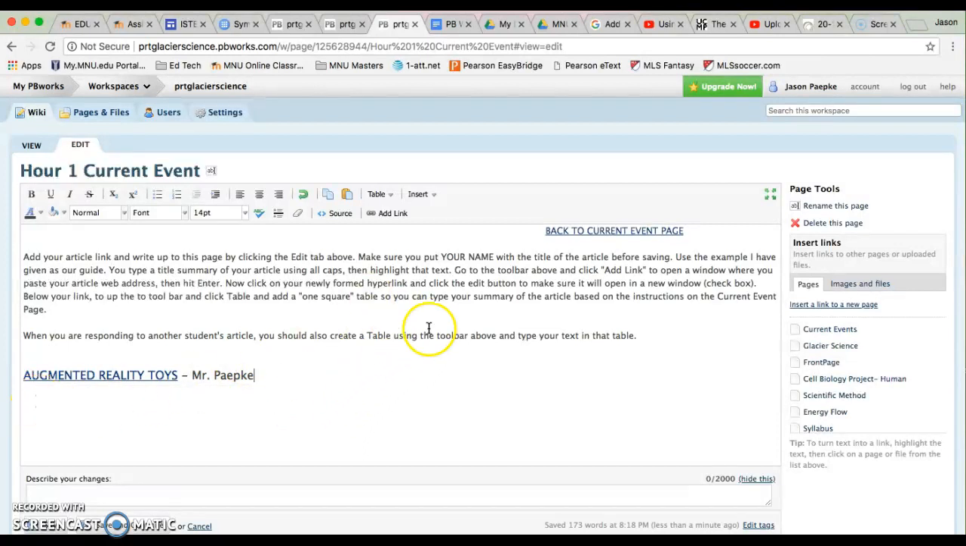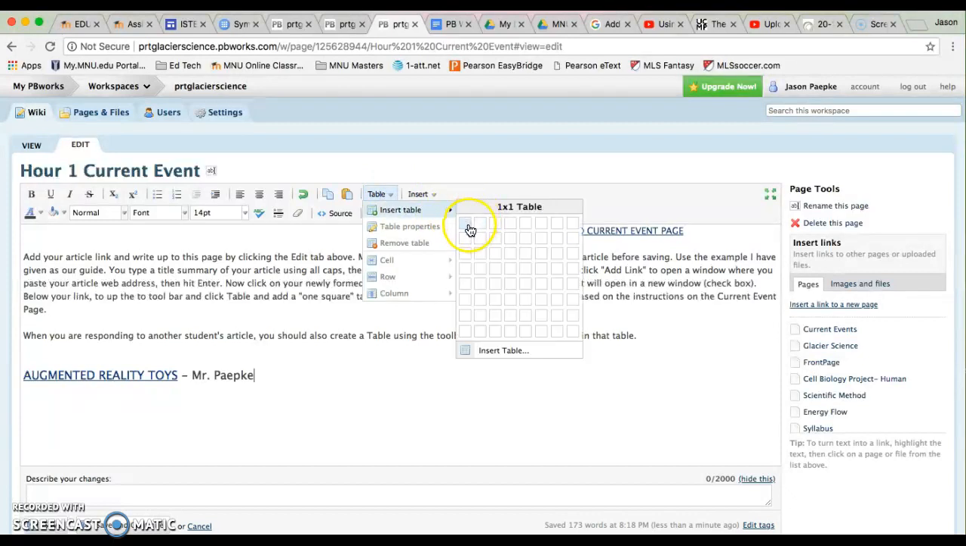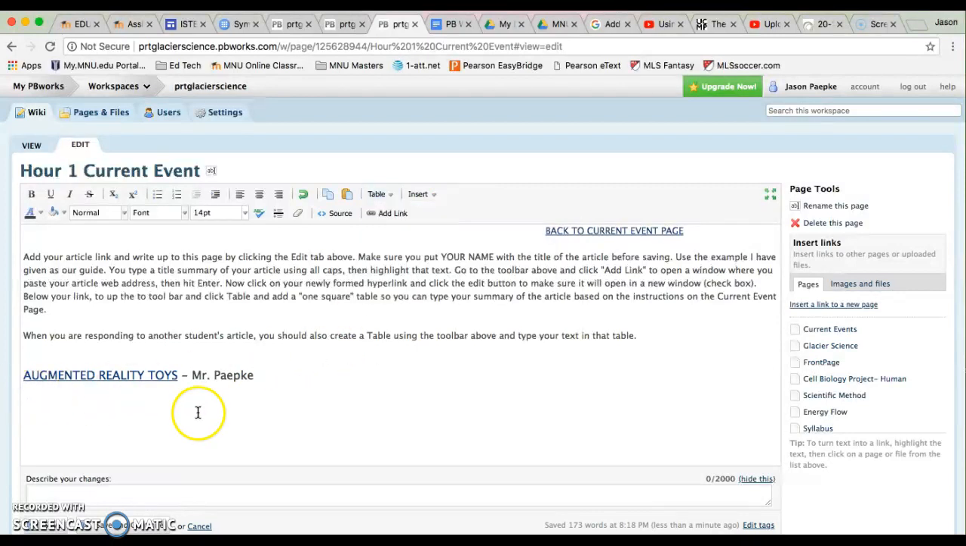When you add your summary, you're going to be using the table box right here. I'm going to click this to insert a table, and I'm going to choose a 1-by-1 table. Now, let me make sure I'm in the right place to do this. We want to make sure it's underneath my article. And I'm going to go ahead and insert that table, and it creates this rectangular cell which I can now